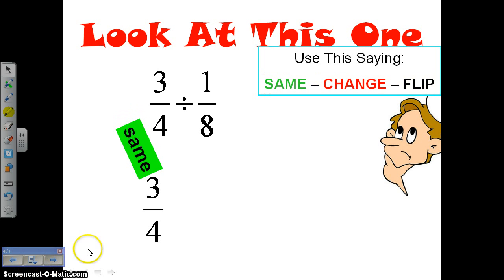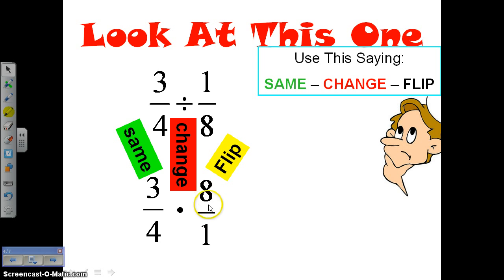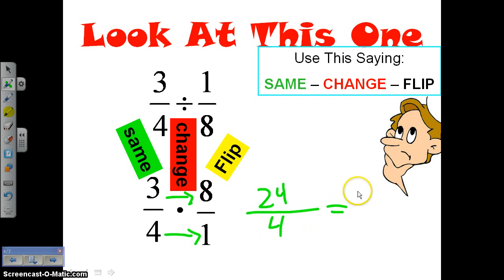The same is the 3/4. The change is you change division to multiplication, and the flip is flipping the last fraction. So same, change, flip. That's how you'll hear me say it. A good way for kids to be able to remember it. You're set up with your fraction. Now you can multiply. 3 times 8 is 24. 4 times 1 is 4. That simplifies down to, when I divide by 4 and divide by 4, 6 over 1,